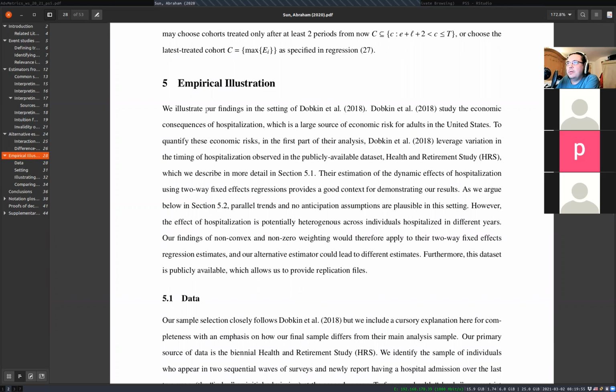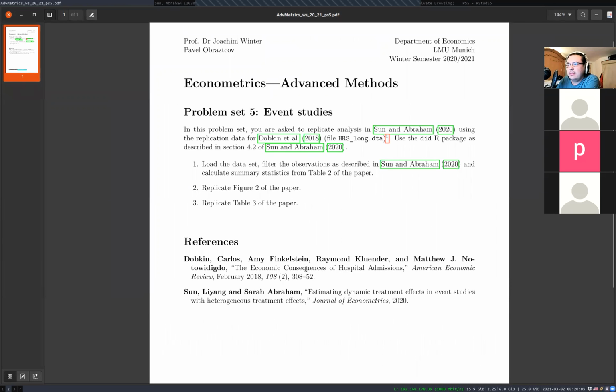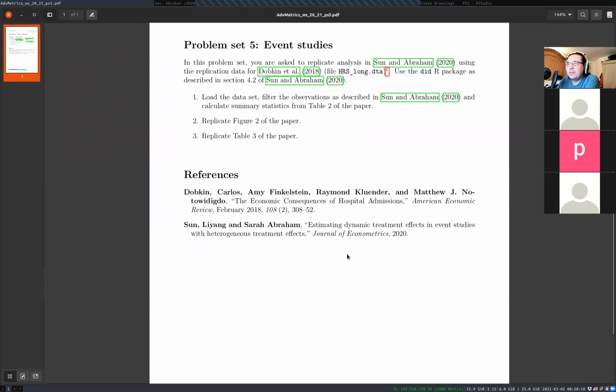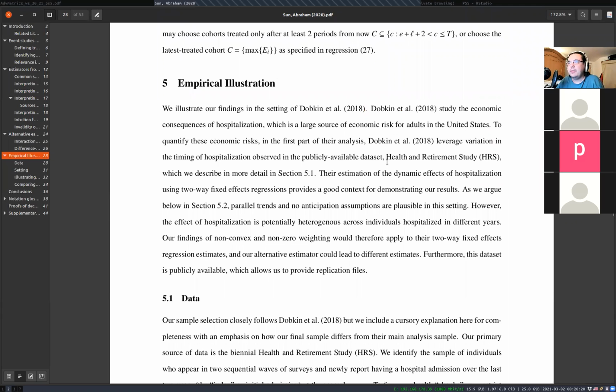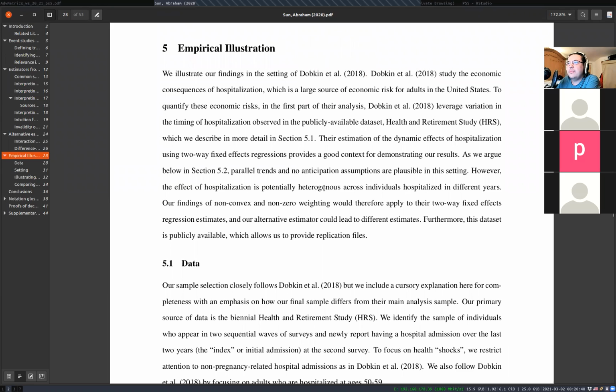So we are going to use the data from this Dobkin and co-authors paper. The data is available online, and I think, yeah, I link it. There's a link in the problem set here. And a couple of words about the data. So this is a survey, the health and retirement study, where they observe individuals that are hospitalized at some point, and there are a lot of variables, and we're just going to use some of them. So there are several waves of the study, namely 11, and there are